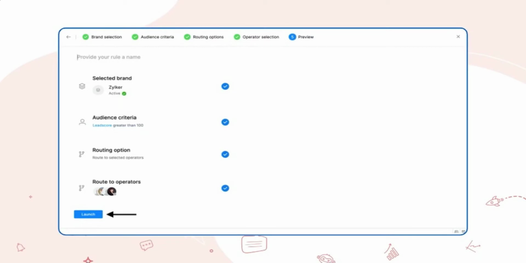And you can direct chats to operators who have previously handled chats from these particular visitors and to CRM owners to ensure the continuity of the conversation. This will save the visitor the time and the effort of briefing issues that he or she has been facing to every other operator. So let me show you again on my portal where I can set up chat routing rules.